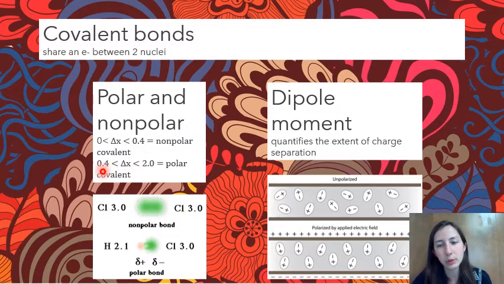If the difference in electronegativity between the two atoms in a molecule, however, is between 0.4 and 2, it's going to be polar covalent, because one of them is going to be holding on to those electrons just a little bit more. A good example is right here with chlorine and chlorine. These are nonpolarly bonded